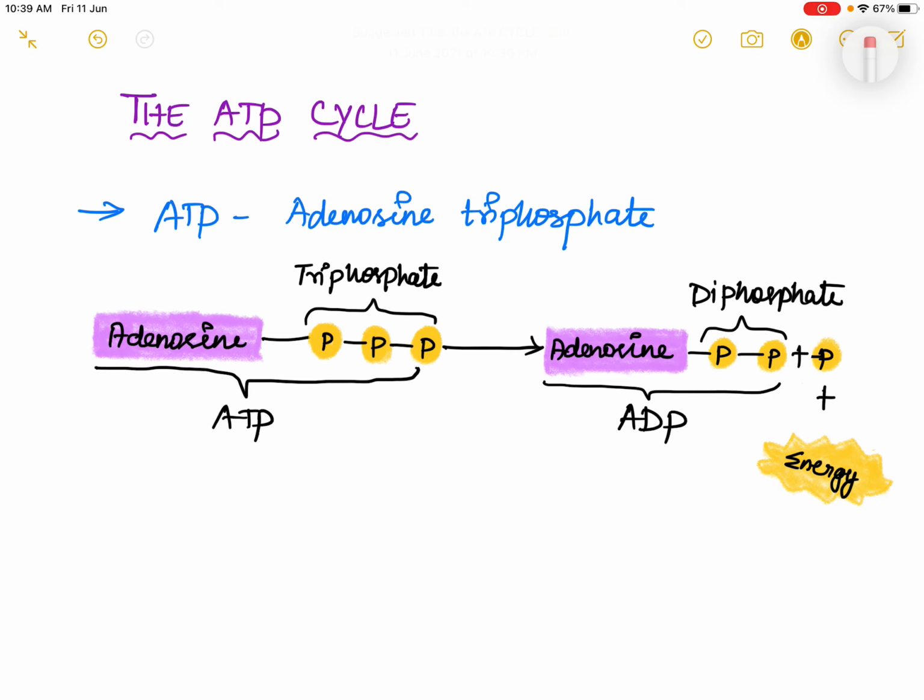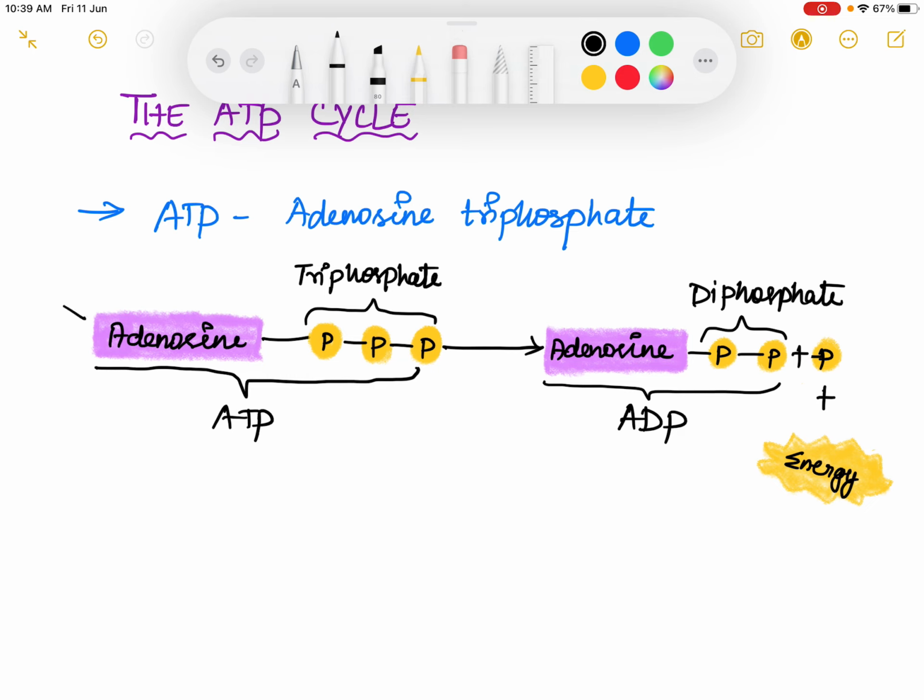In today's video, we are going to discuss the ATP cycle. ATP powers nearly all forms of cellular work, right? ATP is an organic molecule. It stands for Adenosine Triphosphate. So you can see here in the picture,